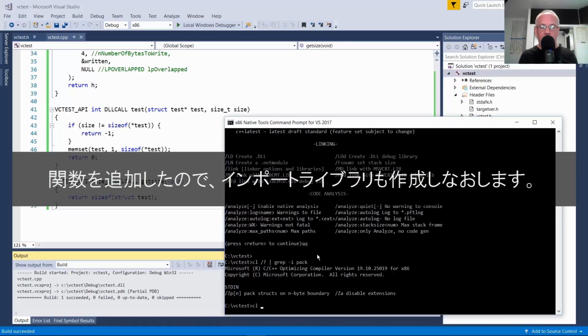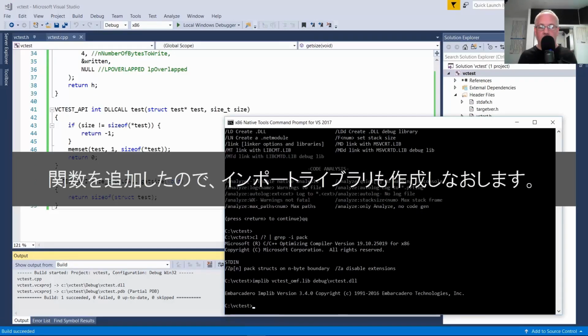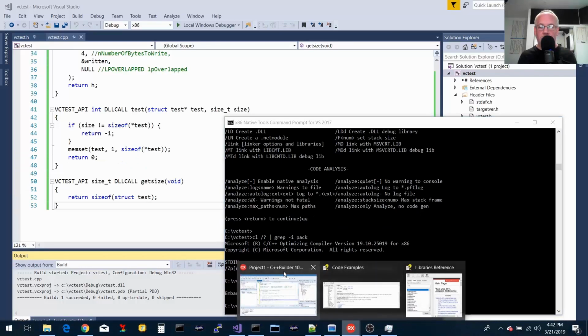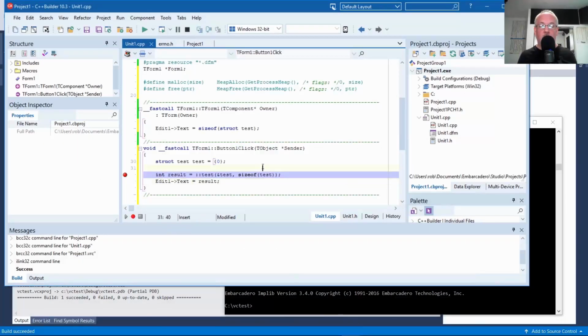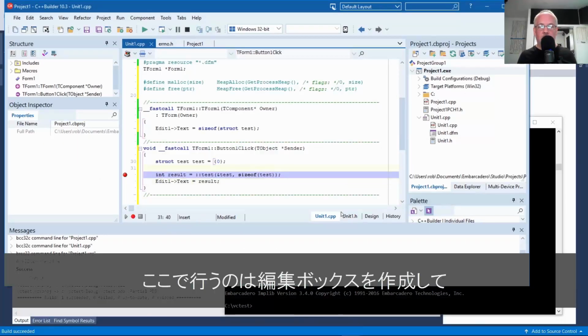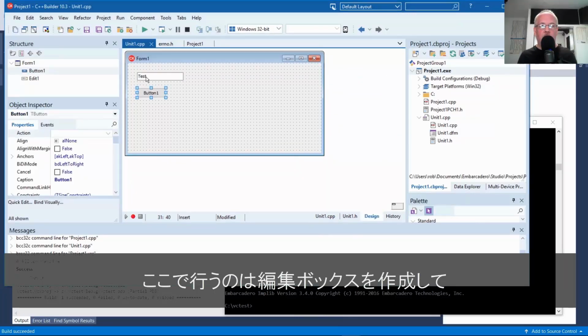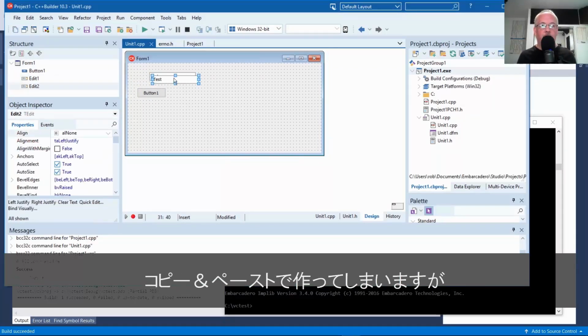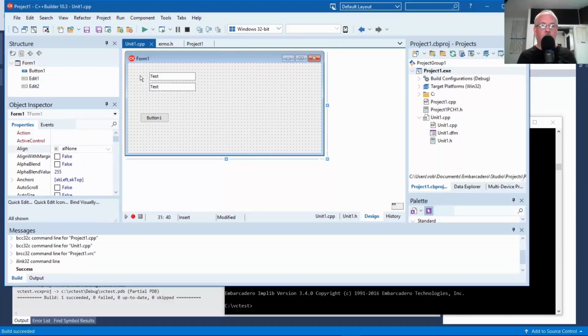Now we've added a function, so we're going to have to recreate our import library. And what I'm going to do here is go ahead and create two edit boxes. I can do it with copy paste here. And I'll add a couple labels here.